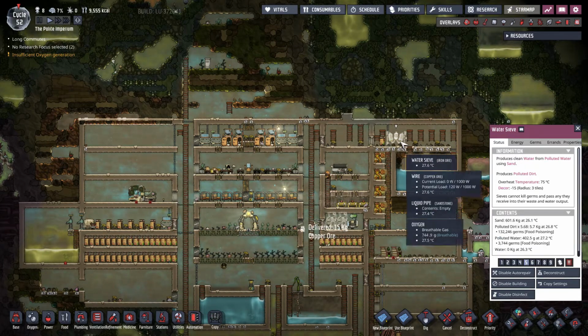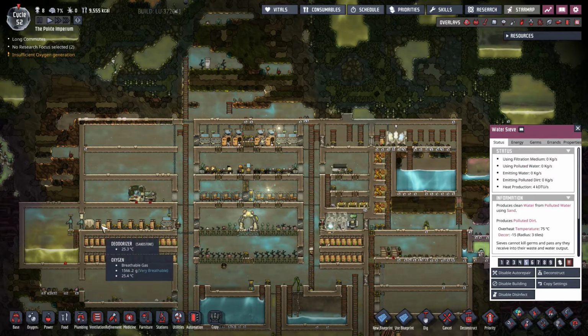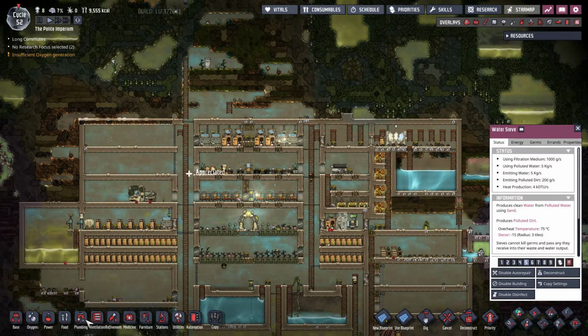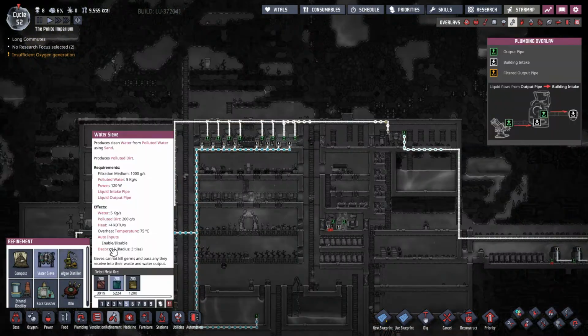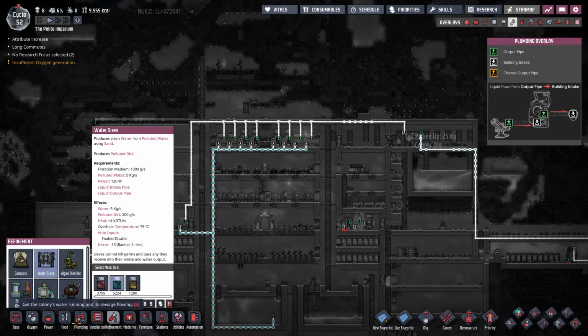No, there's lots of polluted dirt in there, which presumably they have to... Oh yeah, the sand you put in turns into polluted dirt, which then they have to carry and store over there. If I go refinement, water sieve, filtration medium, yeah, so this thing can only process 5 kilograms a second of water, whereas if we go into